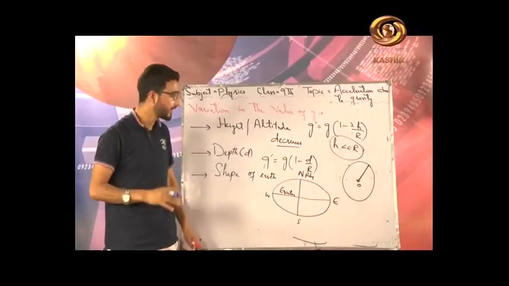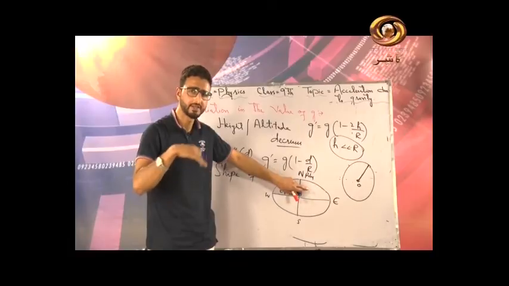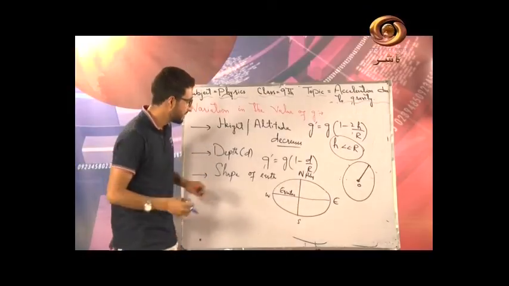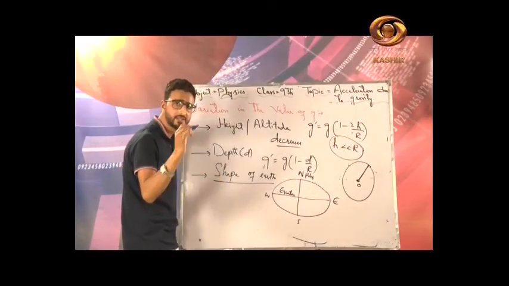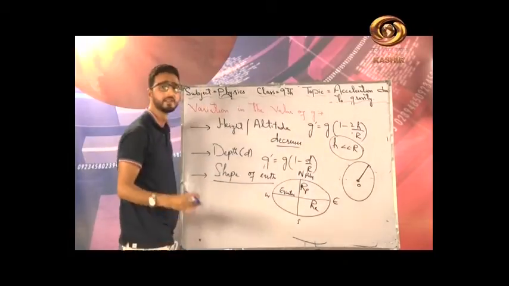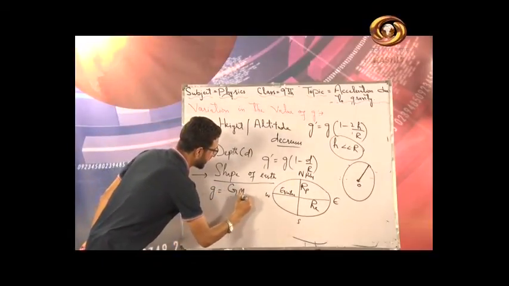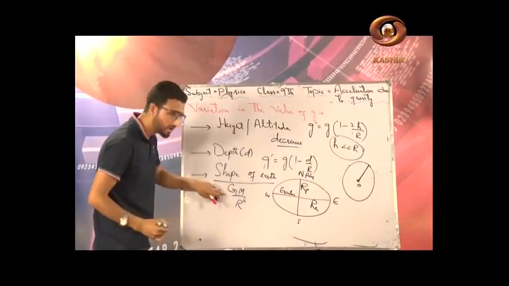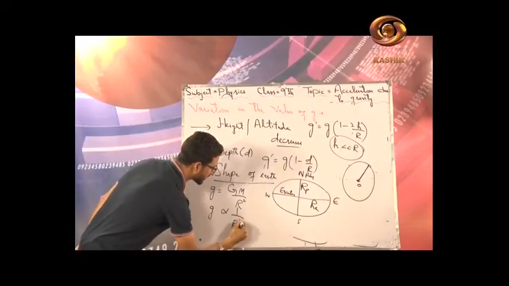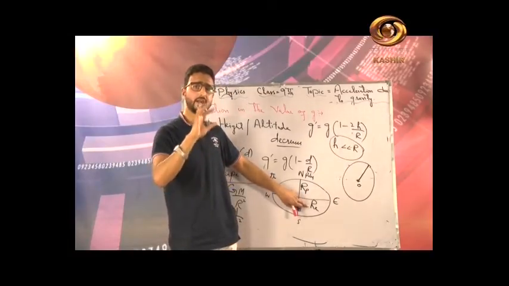क्योंकि real life में earth is not a perfect sphere but it is like an ellipse, this is what is called ellipse from mathematics point of view. So this is equator and these are the poles, and because of this the radius of earth is different, I mean this equatorial radius is different from the polar radius। और एक्सप्रेशन आपको याद ही होगी, g is equal to GM divided by r square, G is constant, mass of earth is constant, so I can write g is inversely proportional to r square।